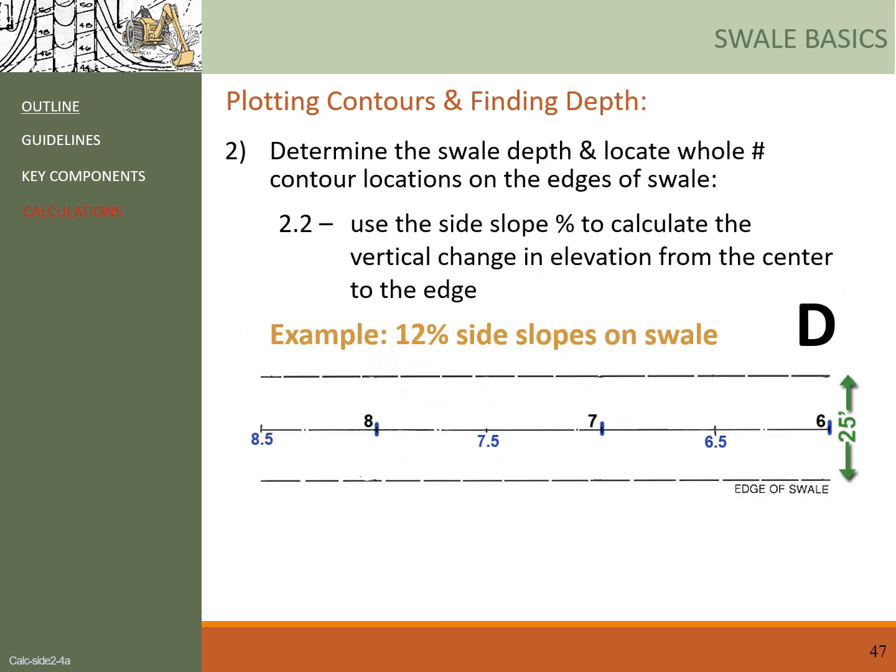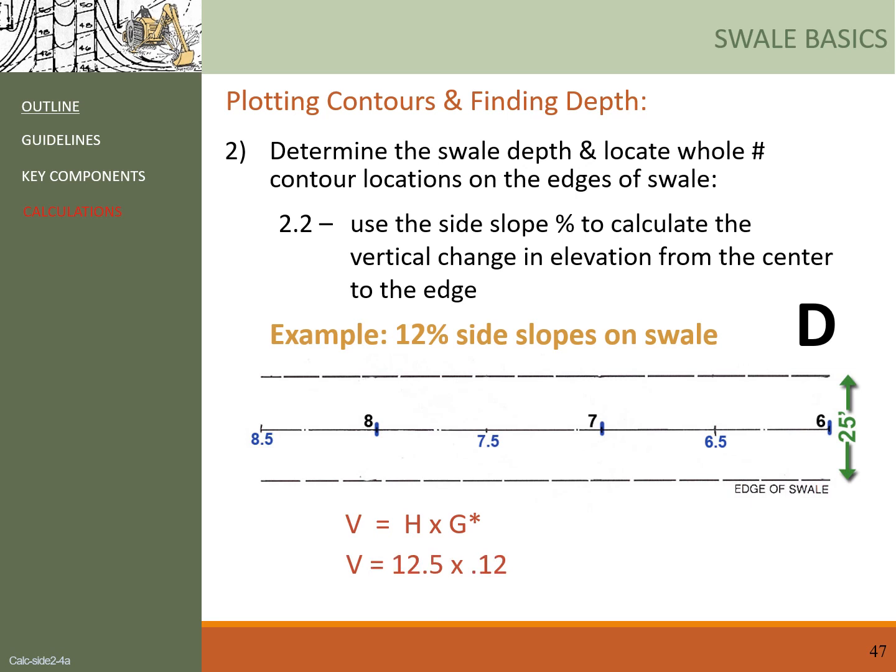Last example, this one is very similar to example B, just with a different side slope number. So in this case, again, we have the elevations along the center line. The width of the swell stays at 25 feet, and the task is to determine the swell depth and plot the contours. So the 12% side slope, first we use that to calculate the vertical change in elevation from the center to the edge, and then we use V equals